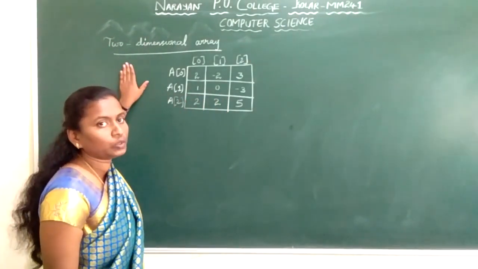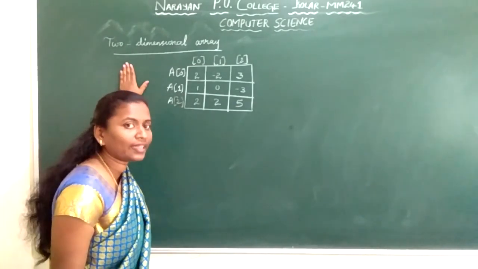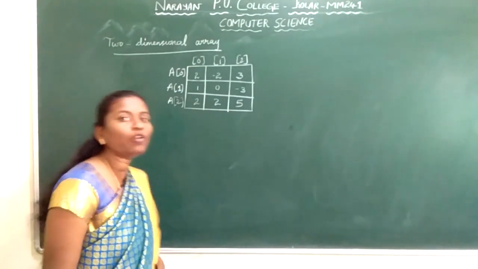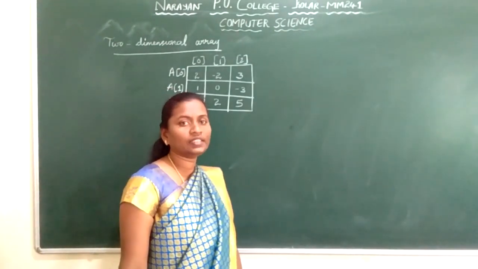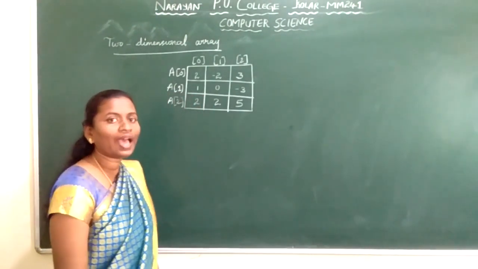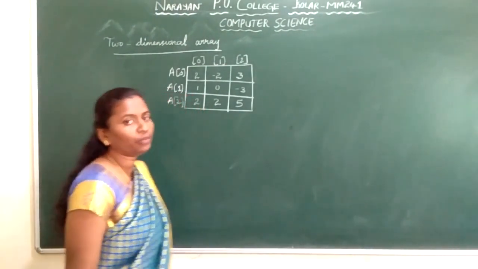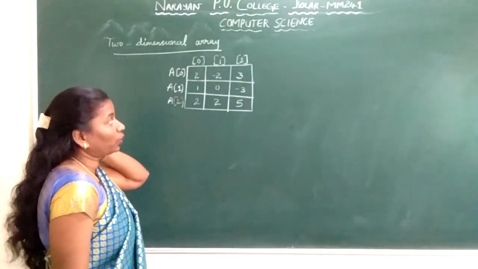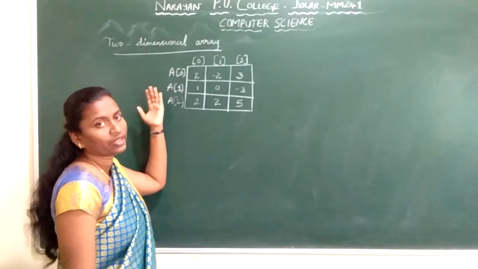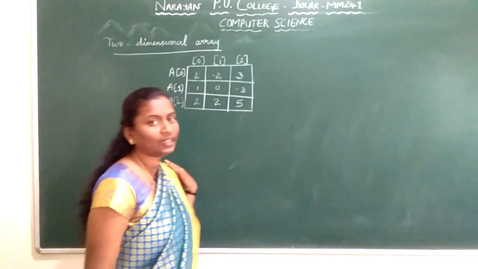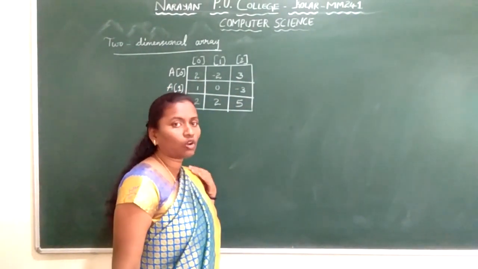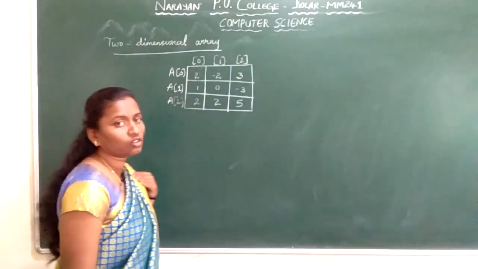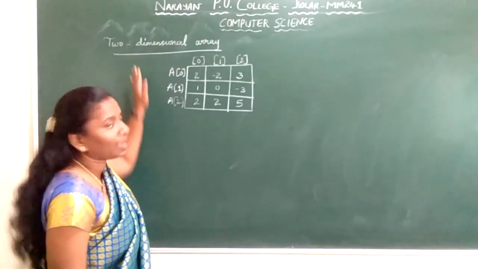What is the definition of a two-dimensional array? A two-dimensional array is a collection of elements where each and every element is identified by a pair of indices. A pair of indices we also call a subscript. When we want to maintain the array elements in matrix form, we have rows and columns. In the matrix, obviously, we have rows and columns, so we need two subscripts, that is, a pair of indices. So we use a two-dimensional array.